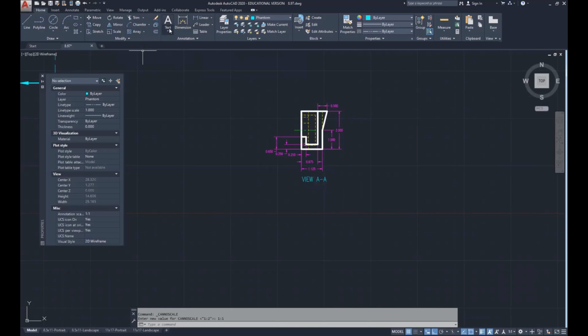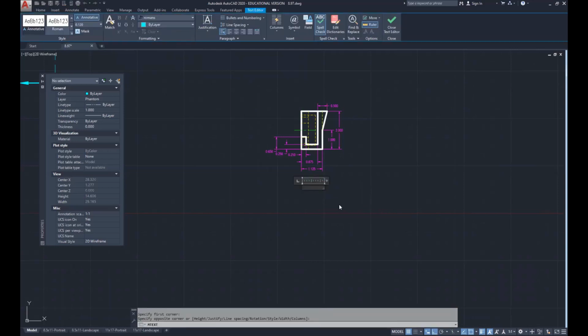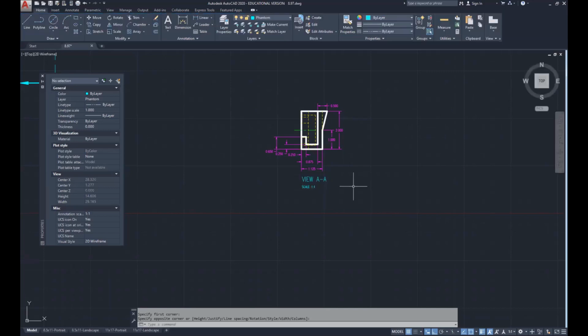Go ahead and put our text in. Multi-line text. Line it up with the view. And this is going to say scale. Make sure you're using capitals. And we're going to put in that it's 1 to 1. Then once we go back to our landscape,